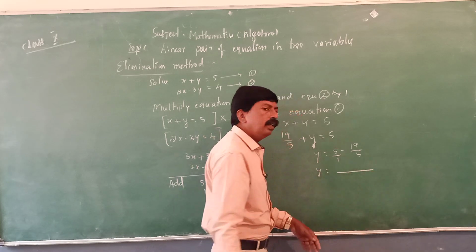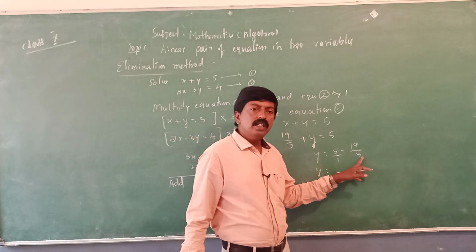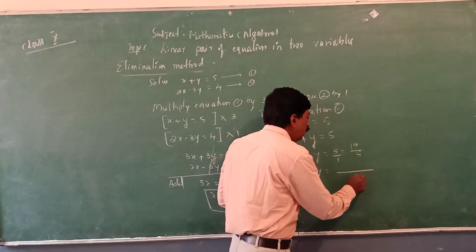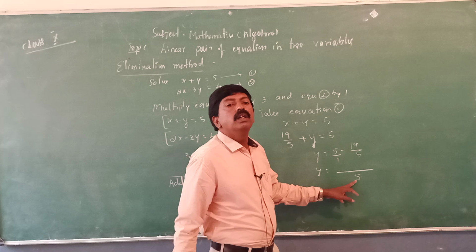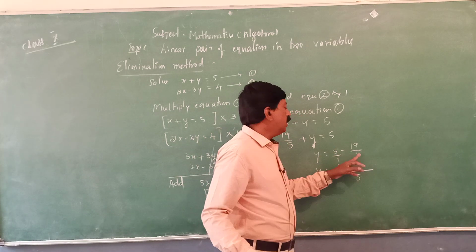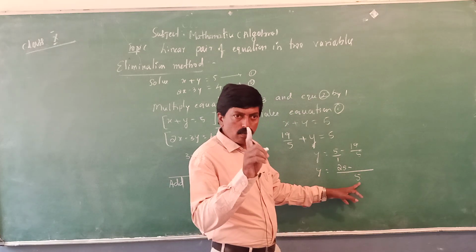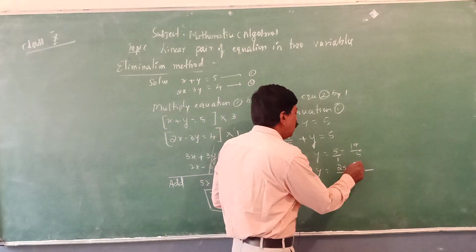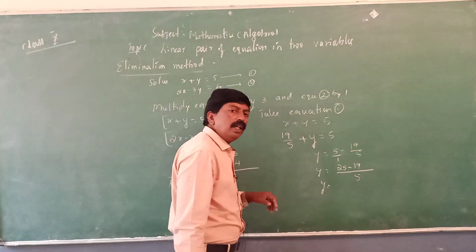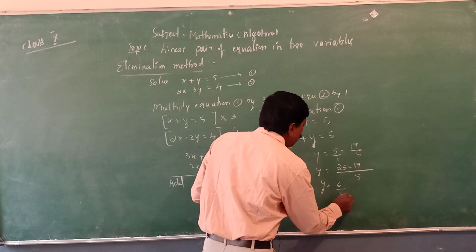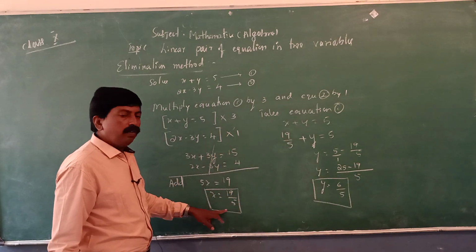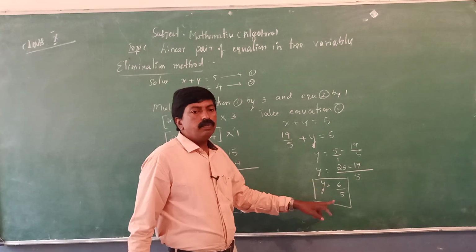How to simplify? You can take the LCM of 1 and 5. What is its LCM? Yes, it is 5. 1 how many times divides 5? 5 times. 5 into 5 which is 25 minus 5 how many times divides 5? 1 time. That 1 into 19 is 19. Therefore y is equal to 25 minus 19 is 6 by 5. So therefore x is 19 by 5, y is 6 by 5.